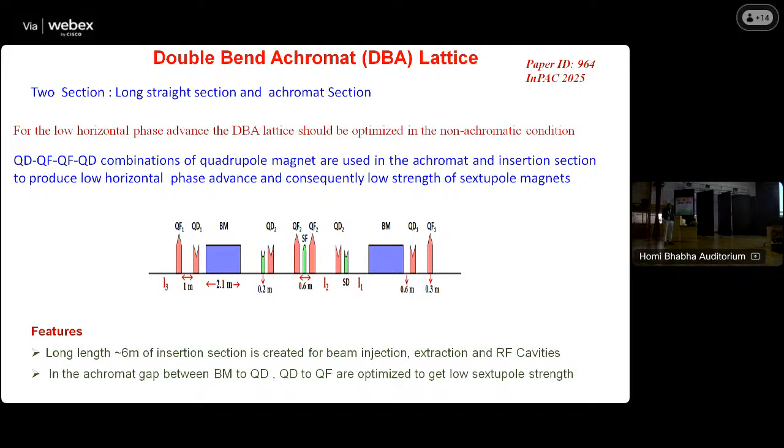So for this condition, we have to find out the QB here, QB, forward decoxing, bending away, forward decoxing. This combination will give the low phase bar. So we have created this combination, and we have got the long fixed meter for the beam injection, and in